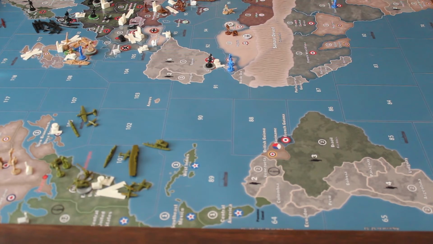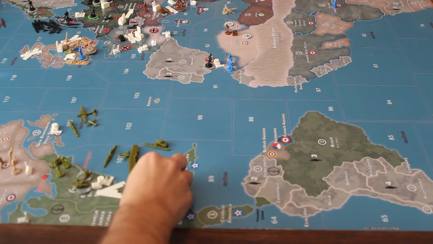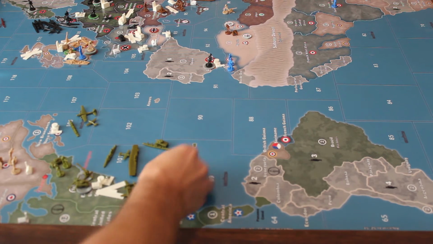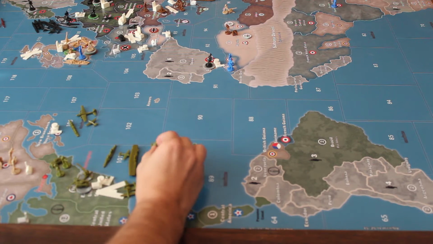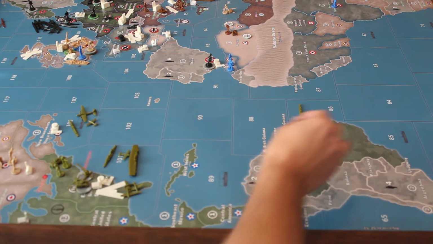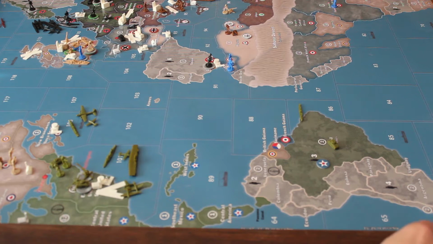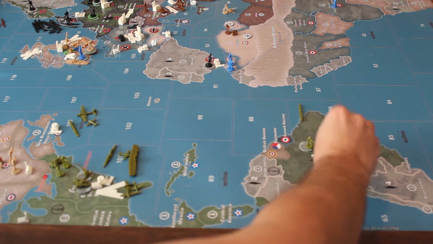Alright, we've done the battles now. Now for the non-combat moves. First off, one of the fighters that's been on the U.S. carrier sitting here in C-Zone 101 is going to fly back to eastern United States. The naval transport in C-Zone 101 is going to load a single armored division and move 1, 2, 3 to C-Zone 86 and land in Brazil, activating Brazil for the Allies and giving us 3 infantry divisions over to the